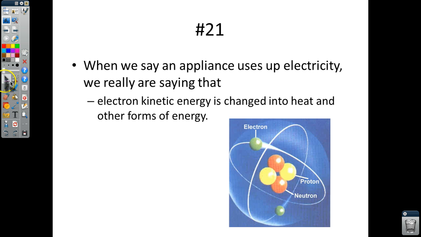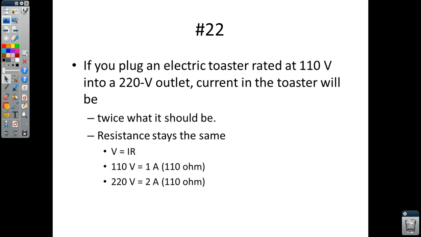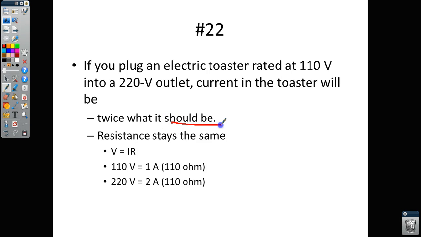For number 22, if you plug an electric toaster rated 110 volts into a 220 volt outlet, current in the toaster will be twice what it should be. The resistance actually stays the same, so it'd still be 110 ohms, but your voltage changes, and because your voltage changes, then your current has to change too, and you'll see that your current goes to 2 amps, and that's probably too much, and it actually, quote unquote, burns up the